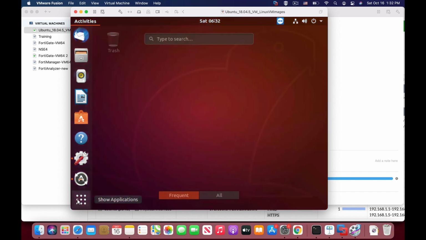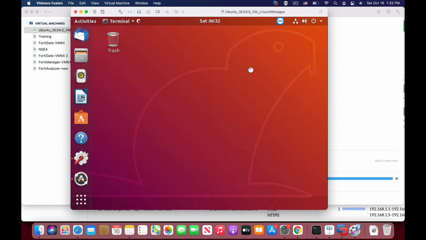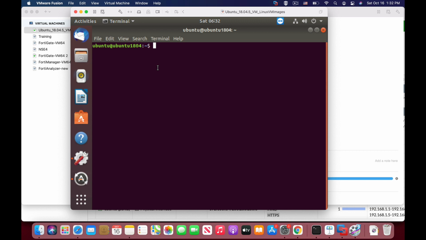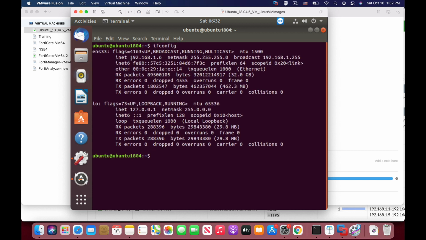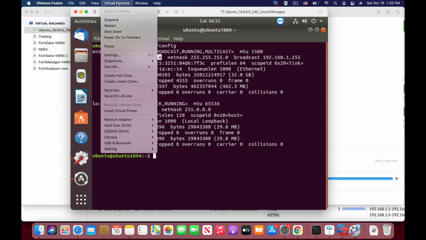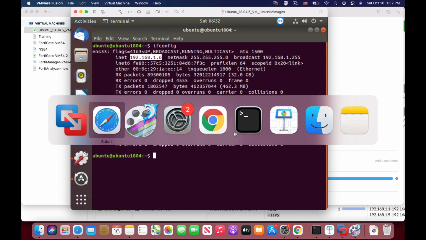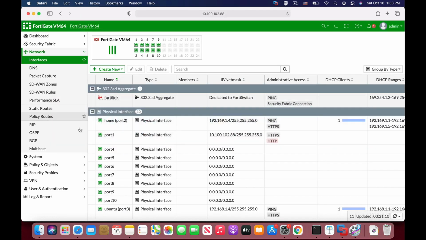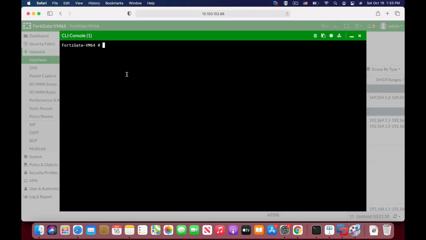Alright, so let's just use the terminal again, and let's use ifconfig to see if, yep, here's our IP address. One thing that should be noted is that your network adapter should be on bridge mode and not on NAT mode. Alright, so let's get back to our FortiGate, and now let's use the ping